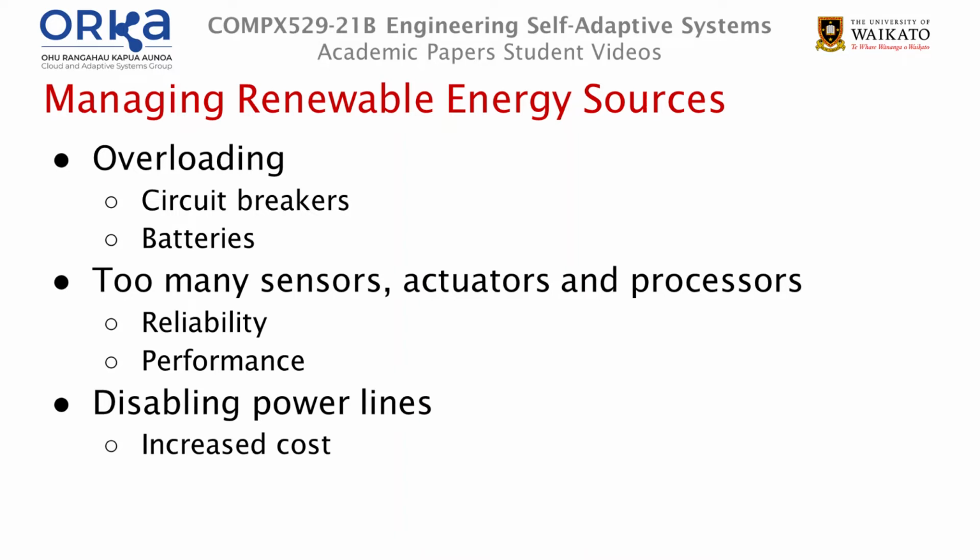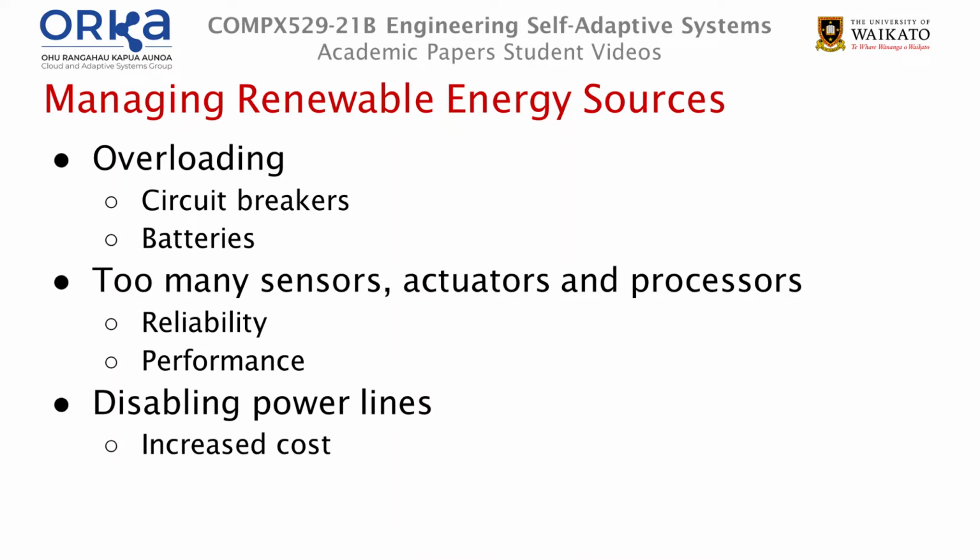Wind farms are hard to predict, and the generation of them can cause overloading if not managed properly. This can be avoided using circuit breakers to limit the current coming from the wind farms. Batteries may also be used and will charge up during times of peak generation. A variation of Internet of Things sensors, actuators, and processors may also be used to limit current coming from the